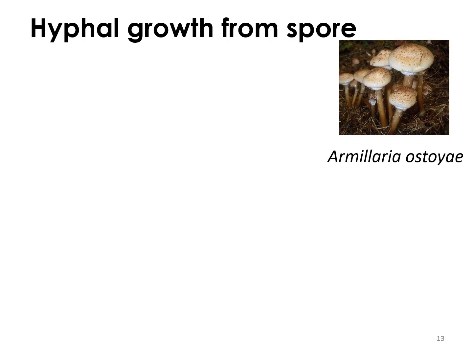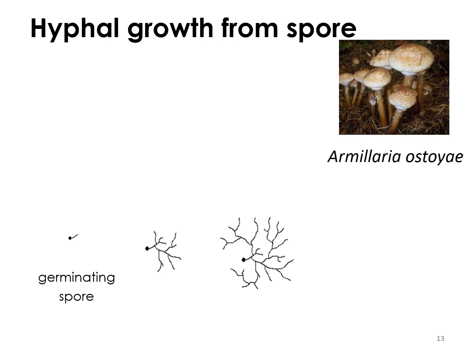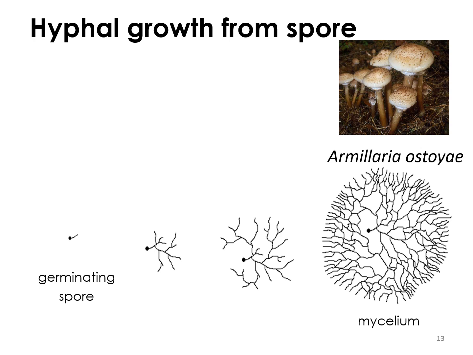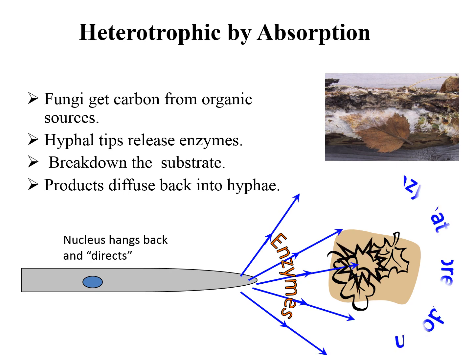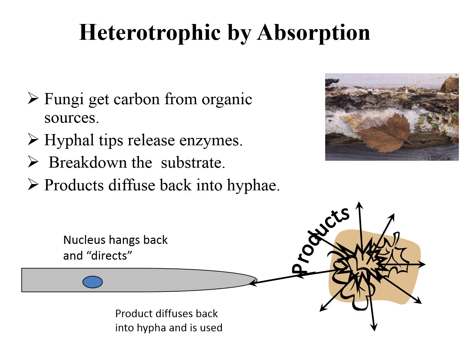Under favorable environmental conditions, fungal spores germinate and form hyphae. It is reported that one giant individual of Armillaria in Oregon state of America is 3.4 miles in diameter and covers 2,200 acres of forest. Fungi get carbon from organic sources. The hyphae secrete digestive enzymes which break down the substrate, making it easier for the fungus to absorb the nutrients which the substrate contains, and they diffuse back into the hyphae.